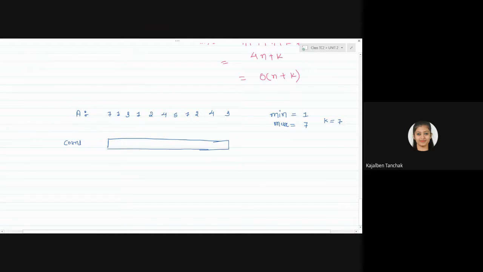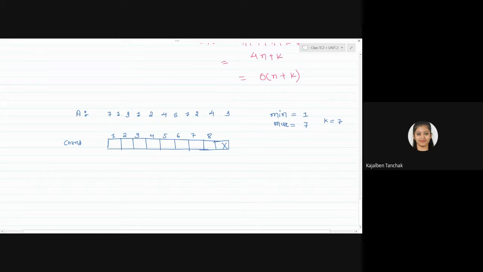For the count array size, you have to take 8. This is extra, so you can cancel it.